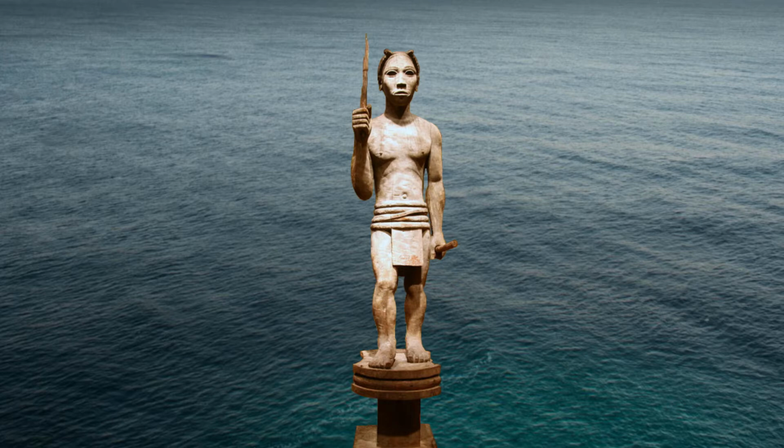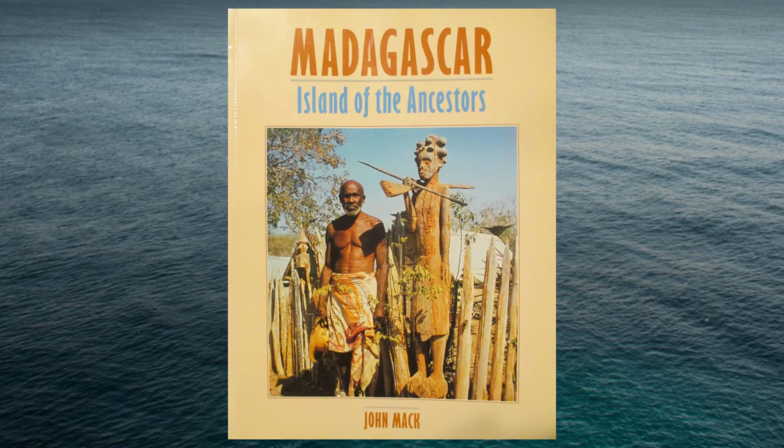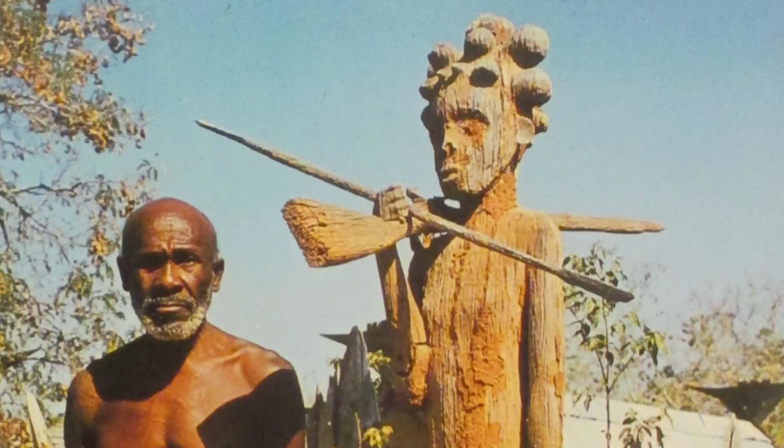And they certainly do deserve the respect that art historians have given them, but it's also worth noting that without the book Madagascar, Island of the Ancestors, I would not have been able to make this top 10 list due to other art books mostly ignoring the island. And for those of you who are wondering, yes, the image on the front of the book is indeed a